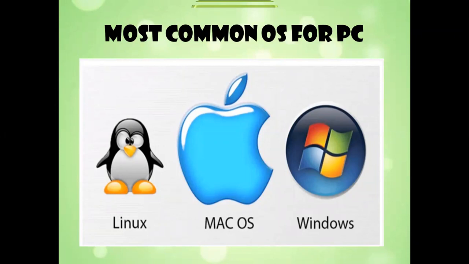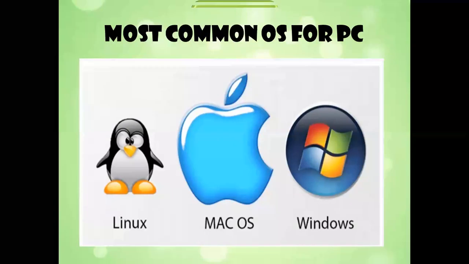Secondly, you can even modify, you can make changes in the coding of Linux, and you can redistribute it also according to your convenience, and you can give your own name to this type of operating system in Linux. But Microsoft has the copyright of Windows, and Apple has the copyright of Mac OS, iOS, so you are not allowed to make any changes in the coding of these operating systems, and you cannot get them modified and redistribute them.